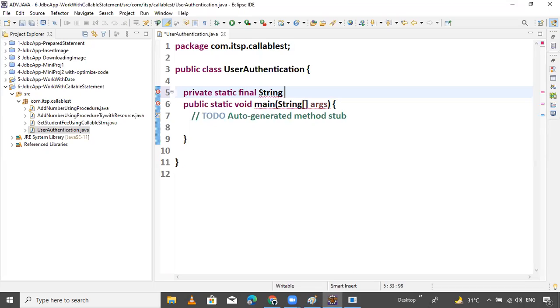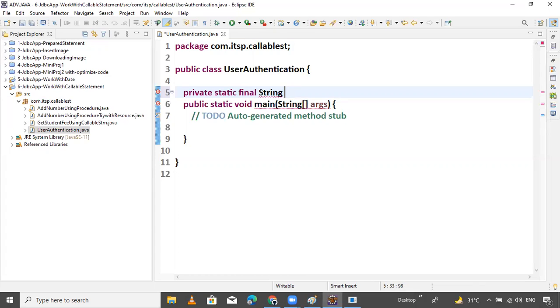If you are strong in core Java, you can understand this line easily. Static means a single copy shared with multiple objects. This is the meaning of static. Final means no one can change the query, no one can change this statement. That's it.